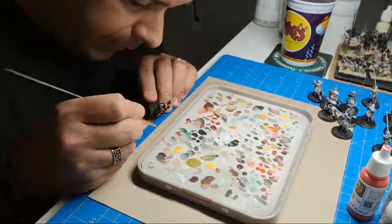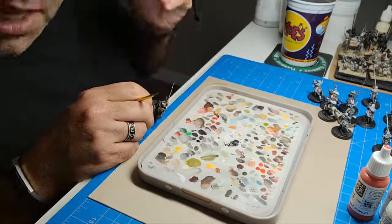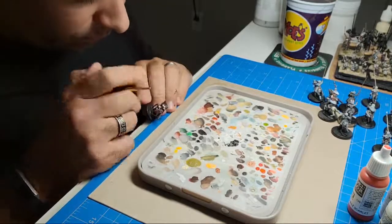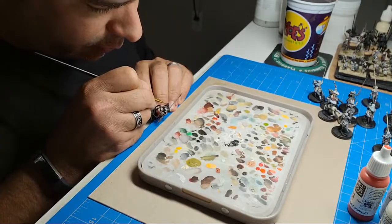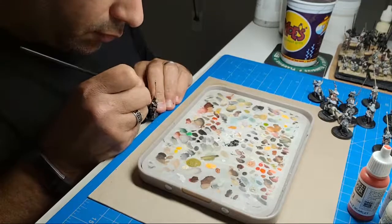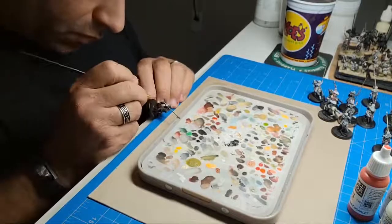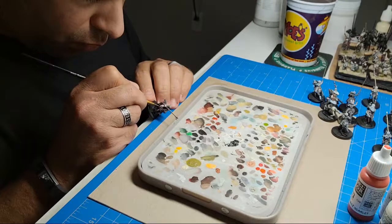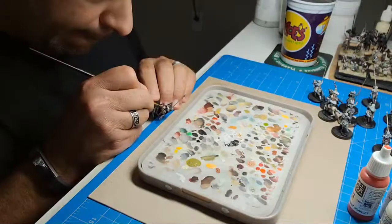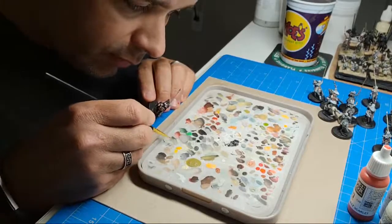Okay. So we got this little bit of horse strapping, one belt, the back of the saddle, and this arm is complete. Well, they still need to be based, but for the most part, that would be it. You know, because